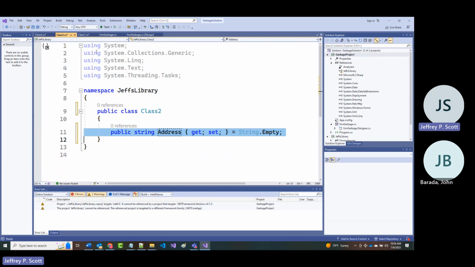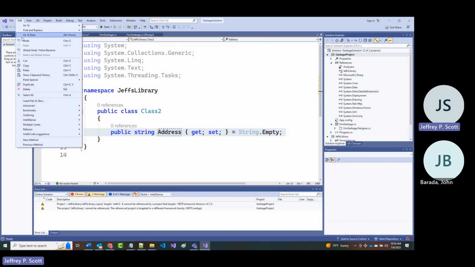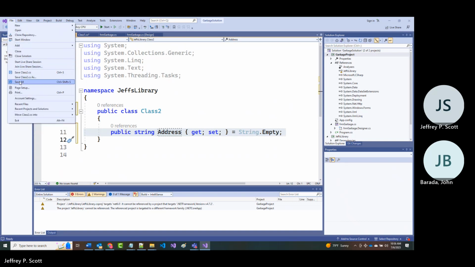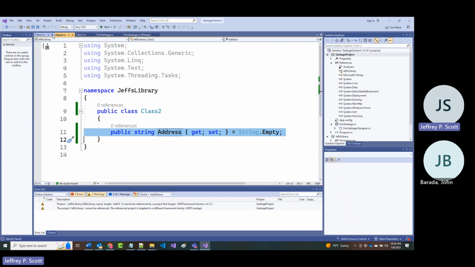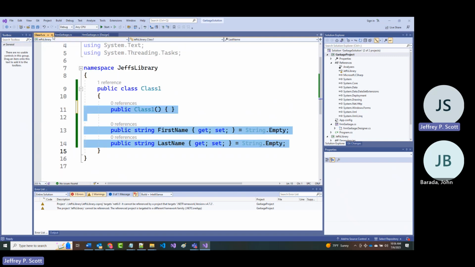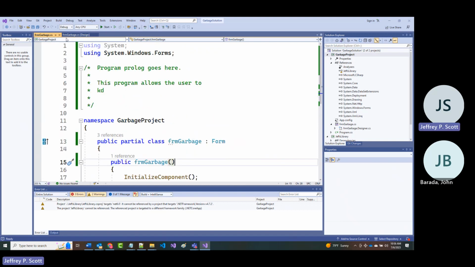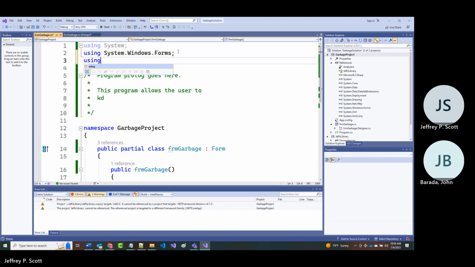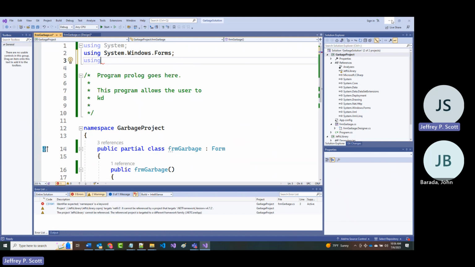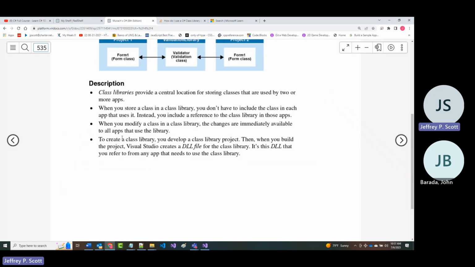all right, now if I want to be able to use something from, let me do a file save all here. And I'm going to close class 3 and class 2 and class 1. All right. But now in here, if I do a using and I look at what's in here, I better go follow the steps in the book instead of my own because I'm probably going to screw it up. All right.